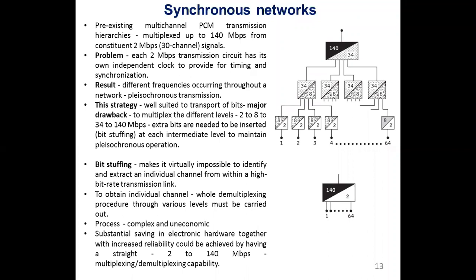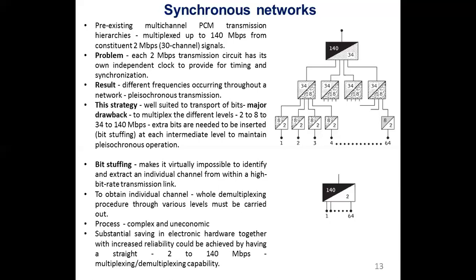And we saw the disadvantage of synchronous transmission, the PCM transmission, which is mostly used, where there has to be bit stuffing, which is not a helpful criterion for us. Therefore, there can be better ideas, and the best idea is to directly multiplex the signals. There's an example here which shows that on top you're doing the bit stuffing. You can have 2 Mbps combined into 8 Mbps, which combines into 34 Mbps, and so many channels have been multiplexed. Finally, you get 140 Mbps.